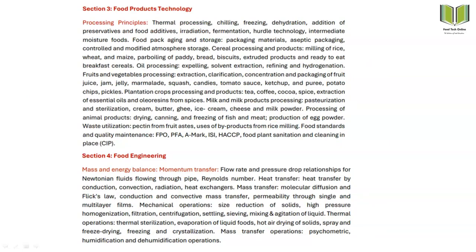Then the next portion is food process technology, sorry, food products technology. The processing principles include thermal processing, chilling, freezing, and water activity. After that, here we will be seeing various types of products. The first one is cereal processing and products. After that, the second is oil processing, what the various technologies are and what steps are involved in the processing. Then there comes the fruit and vegetable, or the post harvest processing of fruits